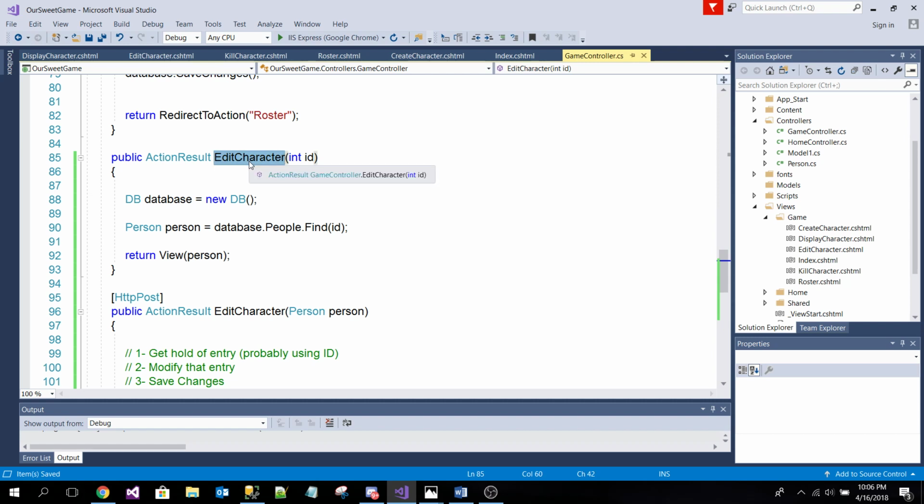Before we were using edit character and we were passing nothing to it. And we were kind of just using the number 5 to find number 5 of the people. But this time, we want to pass a number, an ID, to edit character. The way we do that,